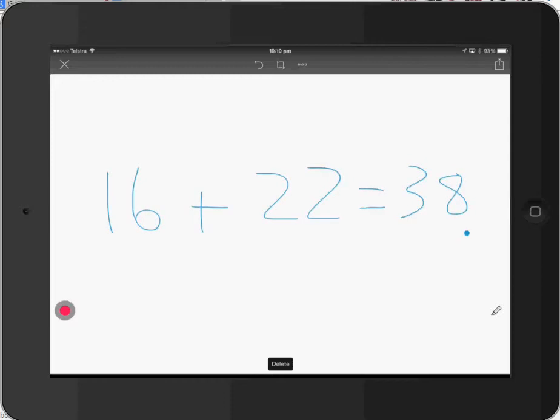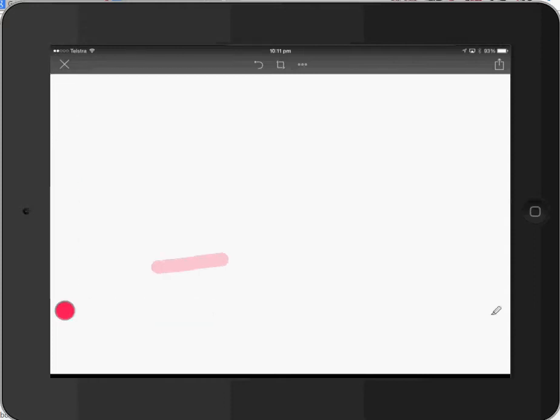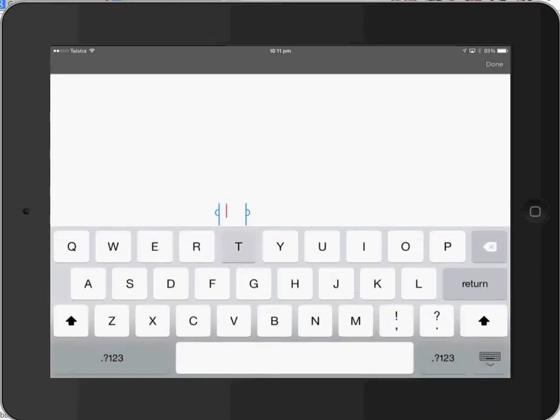If I touch any of the things that I've drawn, I get a delete button at the bottom of the screen and I can remove them. I can also, by touching the coloured spot on the left hand side, change the colour, which are the items along the vertical there, or the thickness of the line that I'm working with, which are the horizontals. Again, if I just touch that line, I get the delete button at the bottom of the screen, so I can remove it there. I've also got options to type text on the screen,